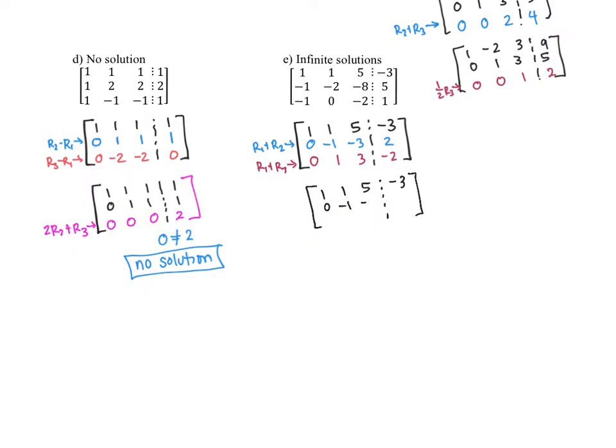I'm going to be okay with my second row, although I could times it by negative 1 now. Okay, for my last row, what am I doing? I'm canceling out that 0, so I'm going to do R2 plus R3. 0, 0, 0, 0. Okay, so I can tell right now it's going to be 0 equals 0, infinite solutions,